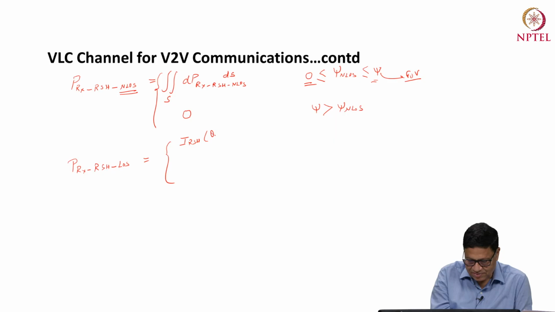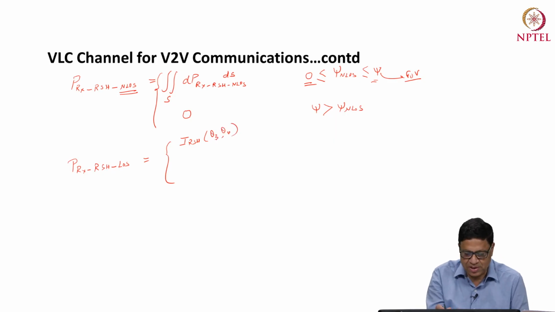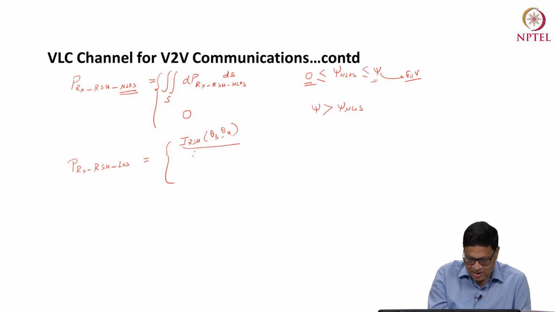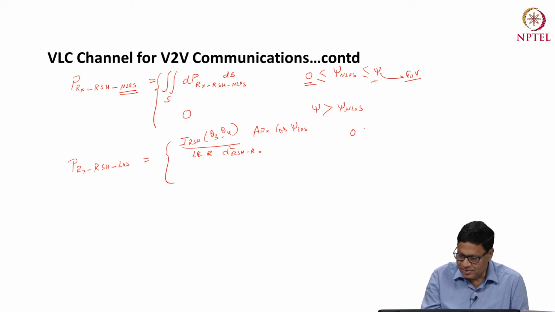Now this is a function of theta 3 and theta 4, because these are the horizontal and vertical angles with respect to the axis of the headlamp, into divided by LER, and this distance is d square RSH Rx. This is this distance into the receiver area ARX into cos psi LOS. And when psi LOS is between this angle, only this value,